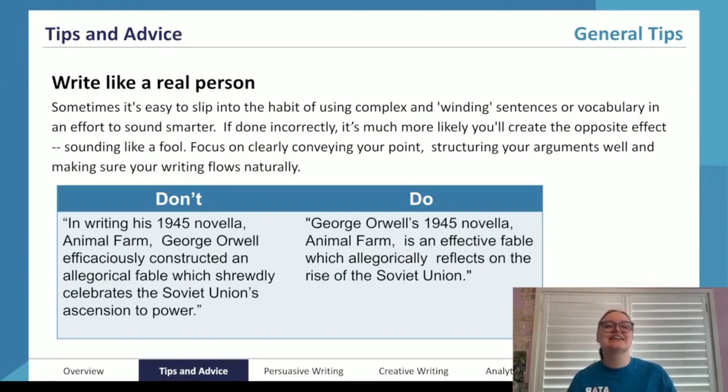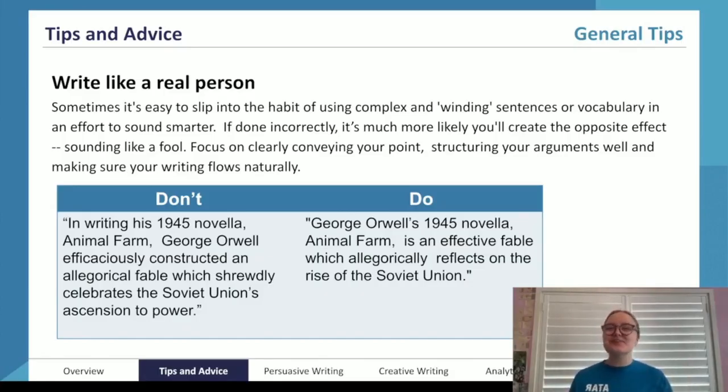You have the tendency to want to sound smart, to want to sound as if you know what you're talking about and as if you have a really solid grasp on all of the concepts. And so you end up defaulting towards academic language. However, if this is done incorrectly, if you lean too much into that kind of language, it's likely that you'll create the opposite effect, which is sounding like a fool.